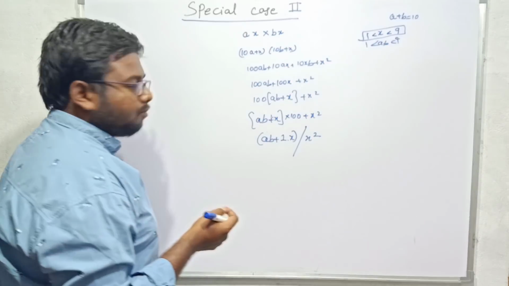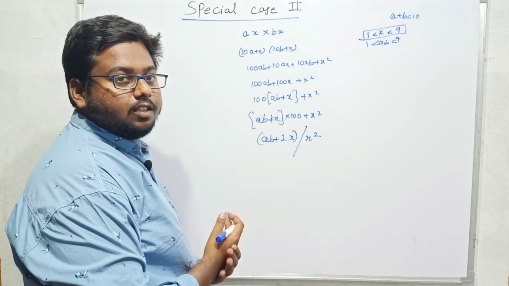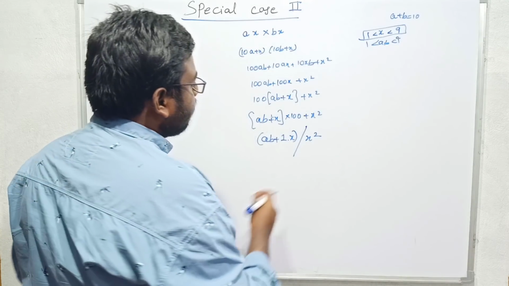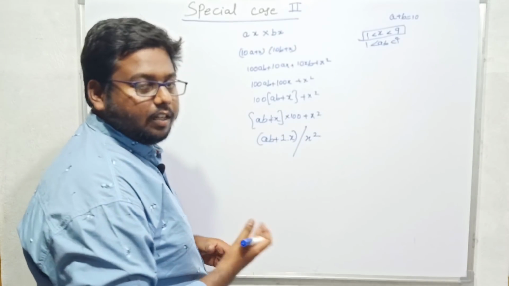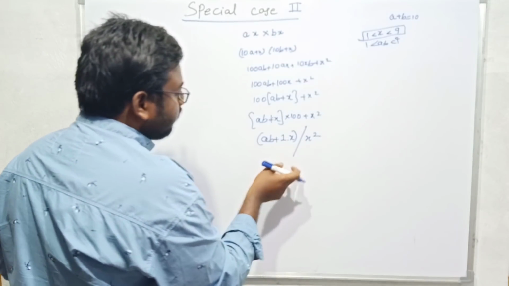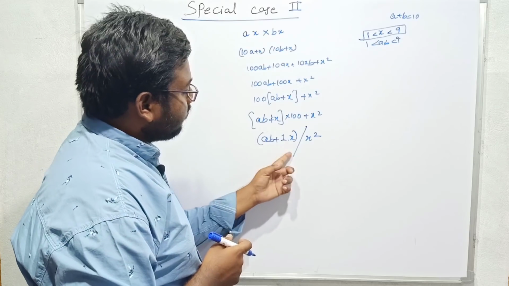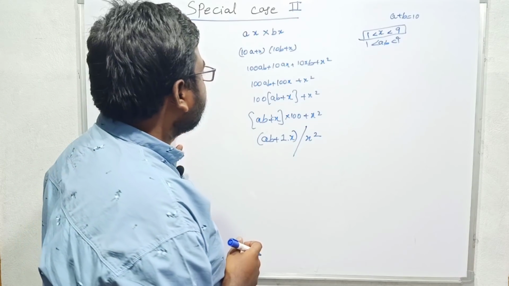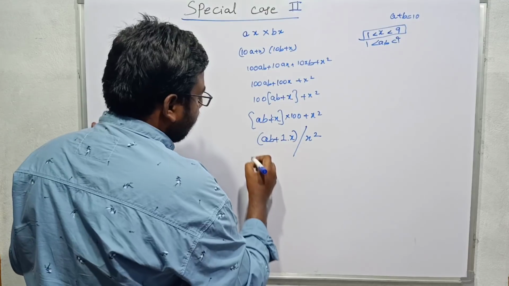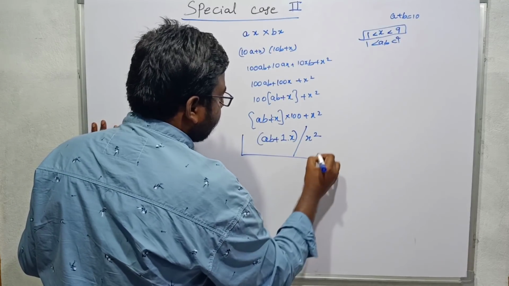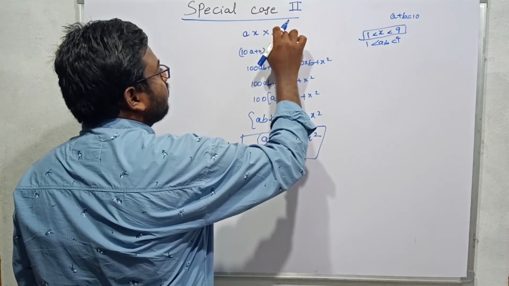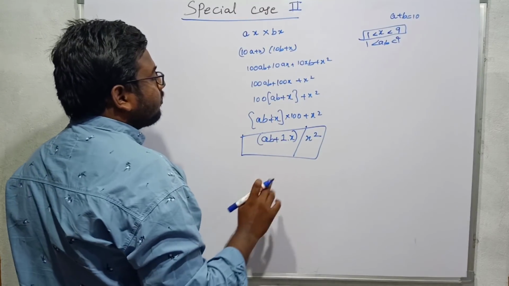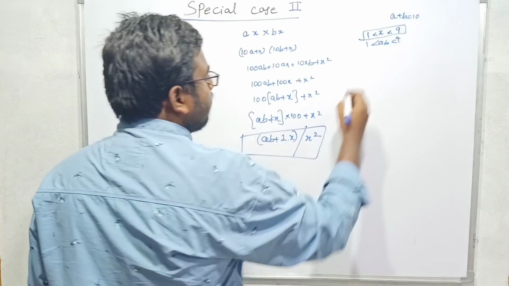What happens if x is 2 digits or more than 2 digits? Then the value of this one will be 3 digits, and this will be added to this, and this will get disturbed. So in order to keep this safe, we strictly see that x is a single digit number. So let us see the examples of it.